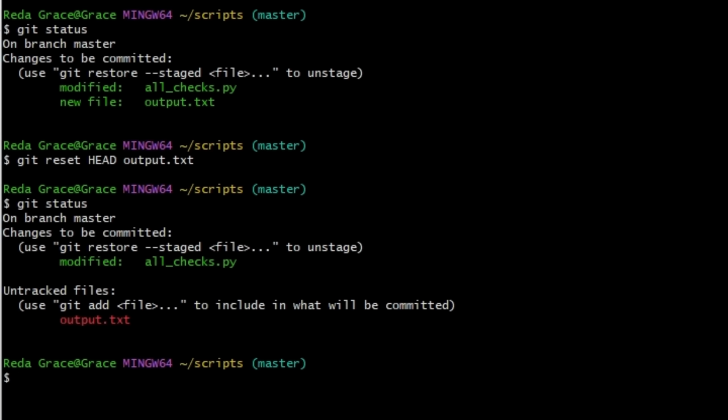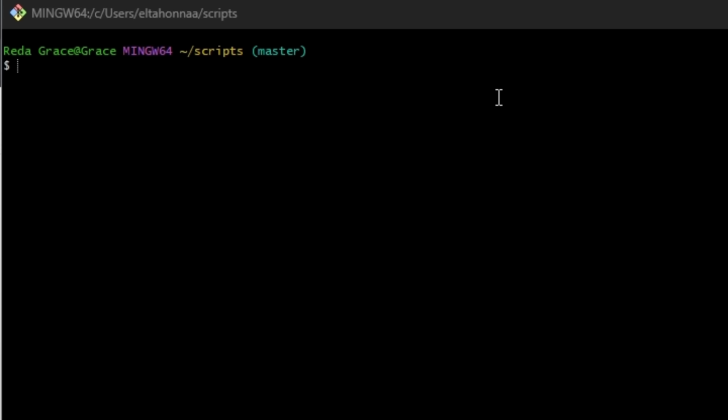You can think of reset as the counterpart to add. With add, you can add changes to the staging area. With reset, you remove changes from the staging area. You can use git reset -p to get Git to ask you which specific changes you want to reset. Get it? But wait, let's remember to commit our typo fix. With that, we've seen how we can revert unstaged and staged changes.